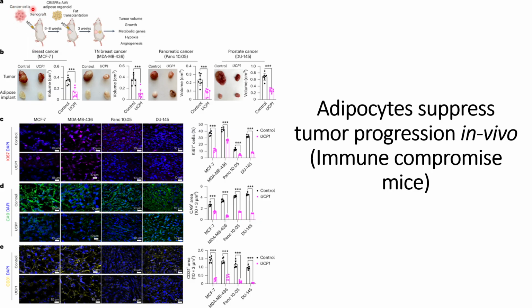First they transplant the cancer cells using the xenograft method, and after 6 to 8 weeks, once the cancer is developed, they inject this CRISPR AAV adipose organoid that has high expression of the UCP1 gene, and they used only UCP1 as they see better results compared to the other genes that they used in the in vitro studies. After 3 weeks, they checked the tumor volume growth, metabolic genes, hypoxia, angiogenesis, and first in the panel